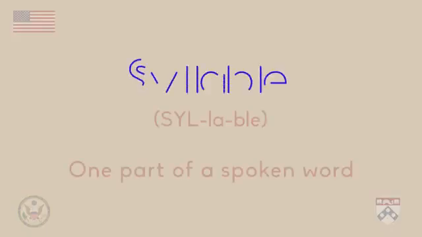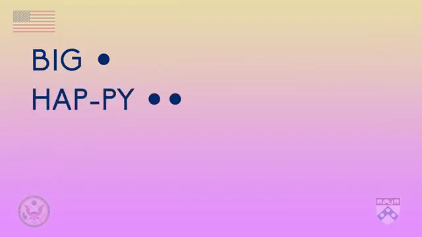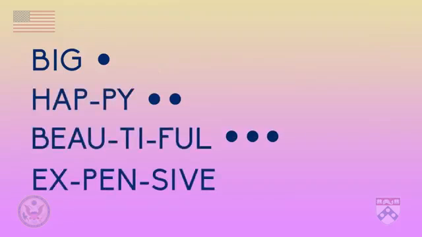There's one more rule to discuss. What to do with adjectives that have more than two syllables. A syllable is one part of a spoken word. They can be easier to hear if we clap while we say the word. For example, big has one syllable. Happy has two syllables. Beautiful and expensive have three syllables,